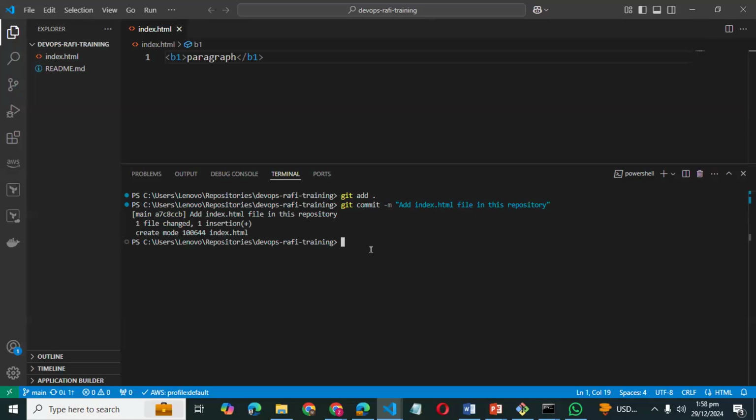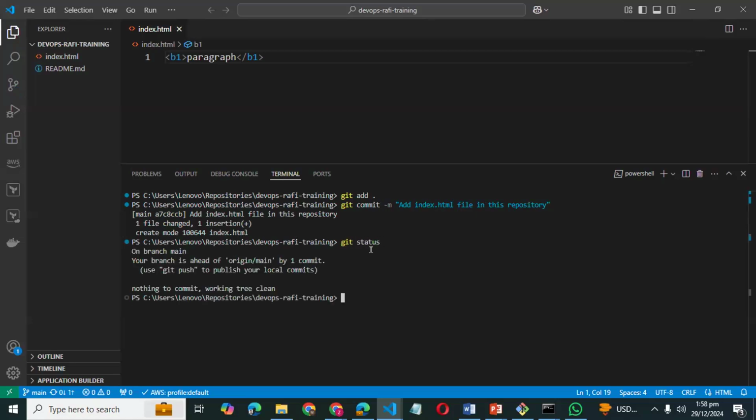Now, before pushing, I want to check the status of my current repository. How can I check it? You can put status, I think. Yes, git status. Git status tells us which branch we are currently in, the main branch, and it says you have done only one commit in that repository. If you remember, we just committed this. And after committing, we need to push our changes into the GitHub account.